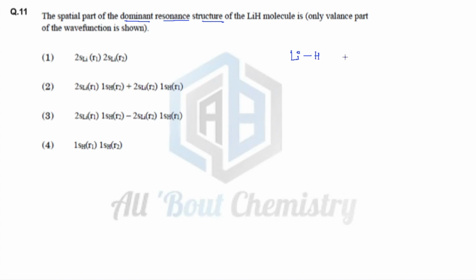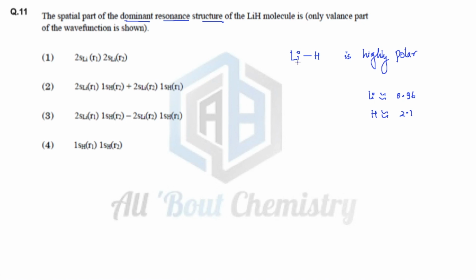and you know that it is highly polar. It will be a highly polar molecule. And if you talk about the polarity or electronegativity of both the atoms, lithium's electronegativity is quite less, around 0.96, whereas the electronegativity of hydrogen is around 2.1. So that means hydrogen is more electronegative, and it is going to make this particular bond a very